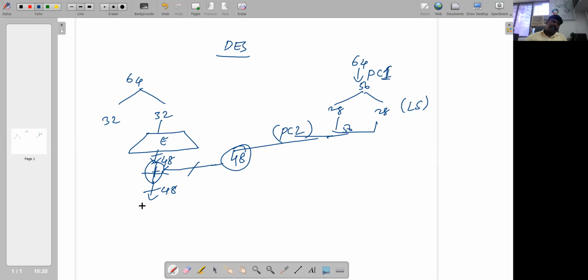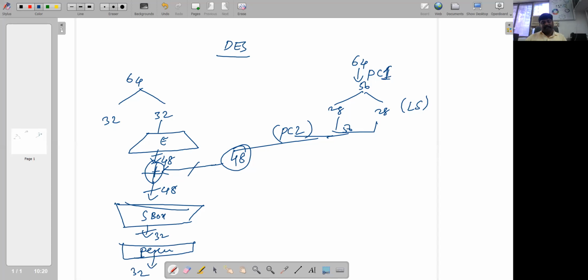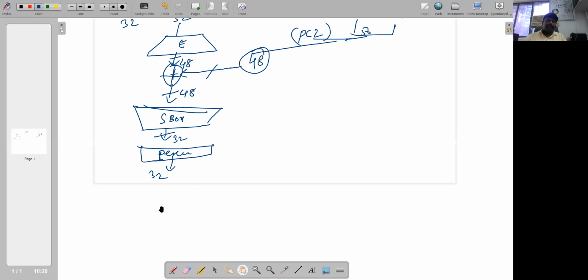Now this 48 bits is applied to the S-box function, which produces 32 bits. Again we get the permutation function, which produces 32 bits. This is K1, and from the next key we proceed further.